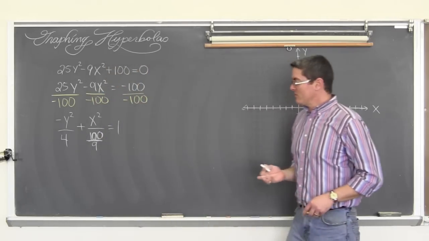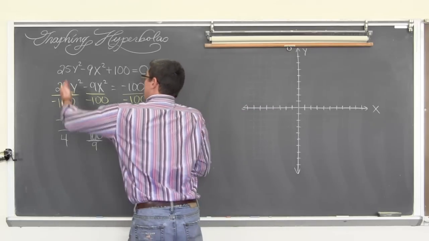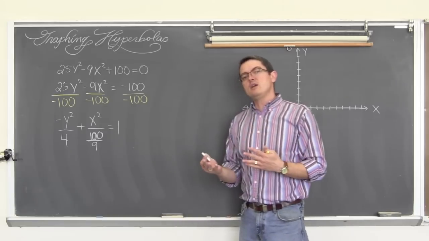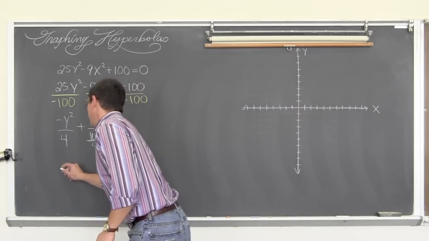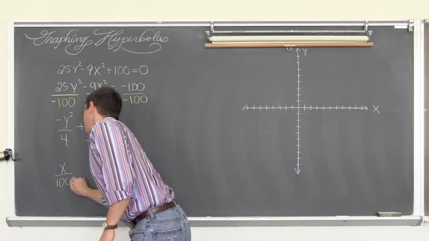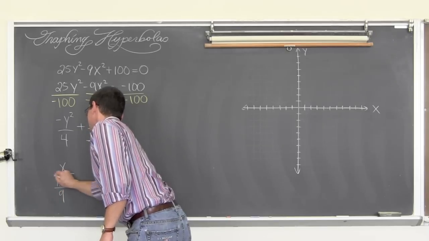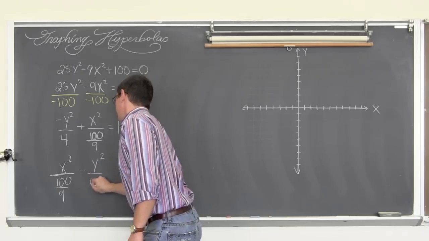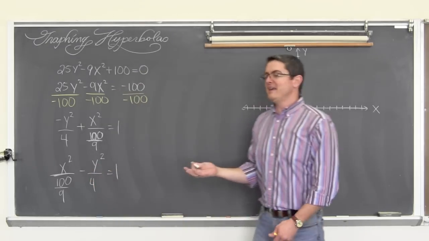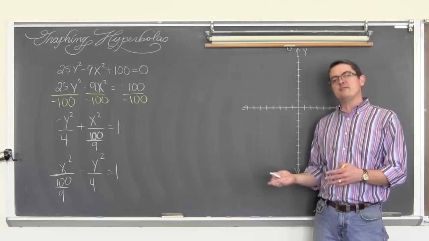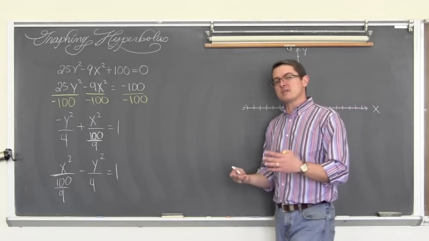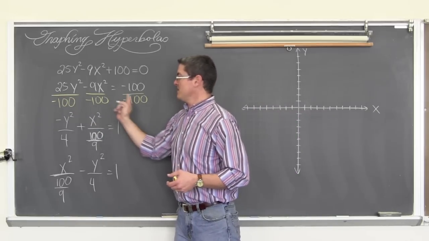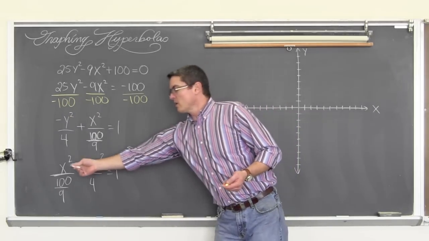So the graph that we're about to work on, here it looked like it was going to open up and down, but because I divided by negative 100, my equation of this hyperbola in standard form is actually x squared over 100 divided by 9 minus y squared over 4 equals 1. And I did intend to have this graph go vertical, to do another example where one was horizontal, the one I just did, and this one's vertical. But I think this idea of seeing the sign switch is more important. So we're going to graph this.